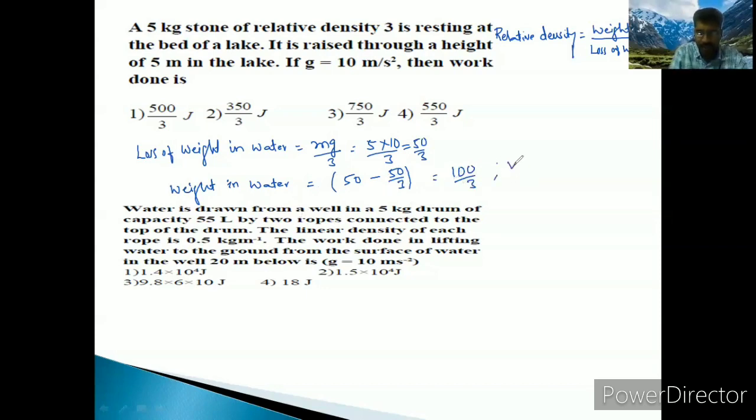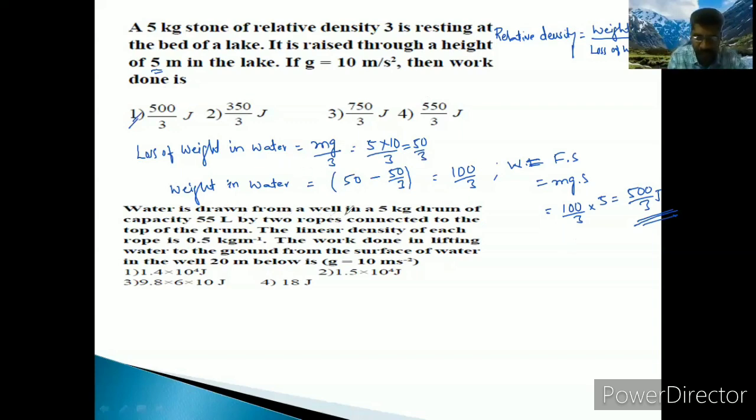Now we need to find out the work done. Work done is equal to, how much can we write here? Fs, which is nothing but mgs. The mg we got now is the weight, 100 by 3. s means distance, how much? 5 meters. So 500 by 3 joules we can get as the answer. So which option? The first one is correct. Next problem is